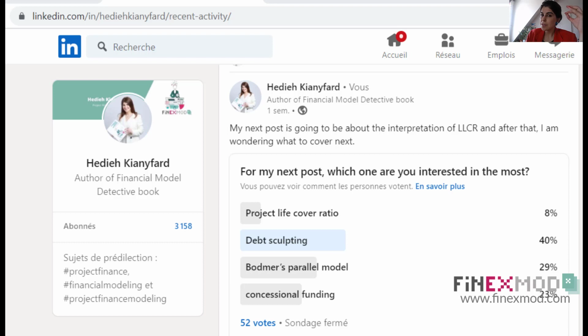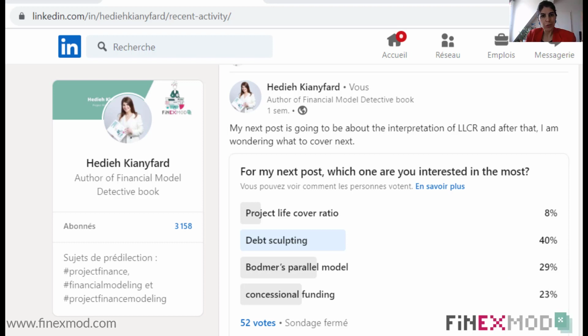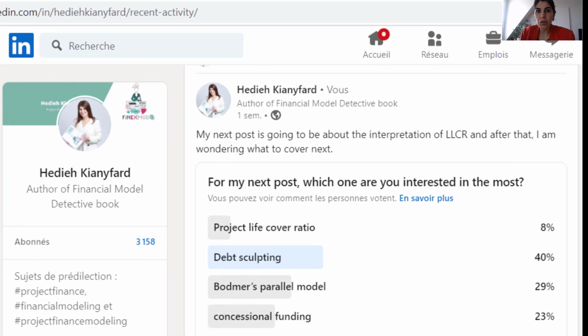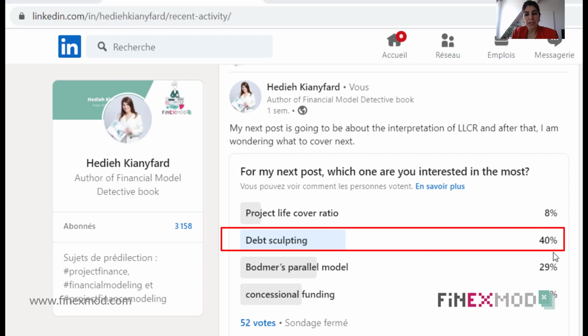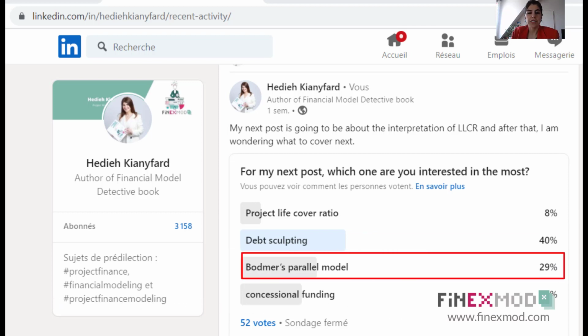So last week I asked people in my LinkedIn community whether they want me to explain any of the below topics. I gave them the options of the project life cover ratio, debt sculpting, Professor Edward Bodmer's parallel model, and the last one was concessional funding. So 52 people voted and 40% were for the debt sculpting, and then the next one is Professor Edward Bodmer's